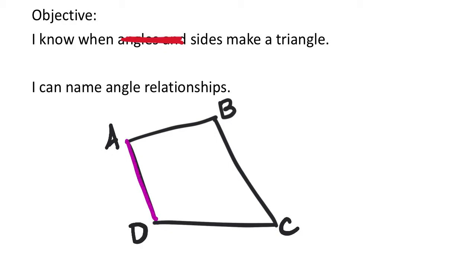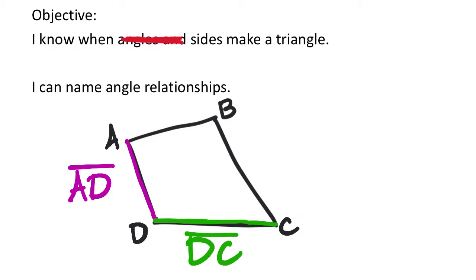For example, like this one right here. But it's labeled by the corners of the shape, or of the line right here. So this would be side AD, and just to indicate that it is a line, or part of a line, we put a line over that, okay? Same with like this one right here. This would be called DC, and then we put a line over it. And it is possible to